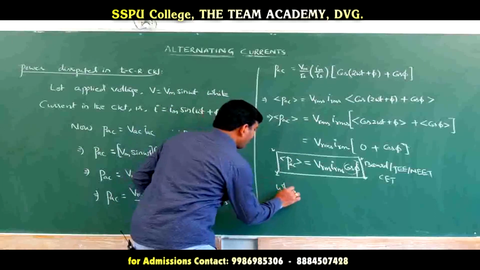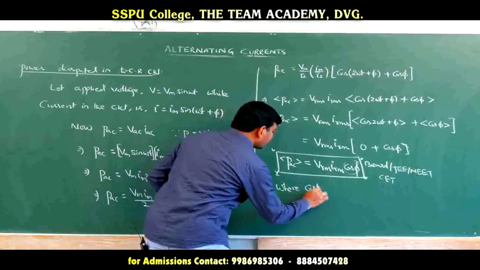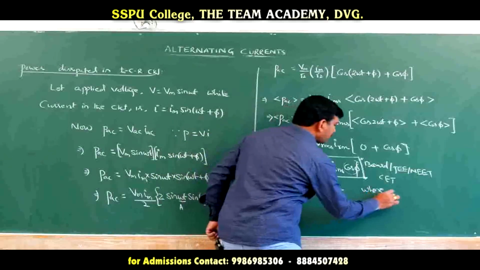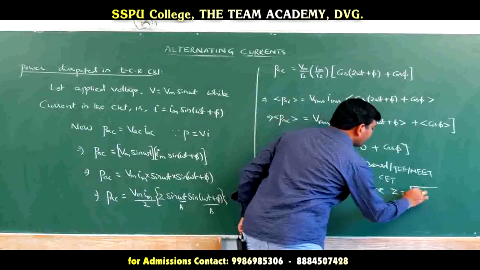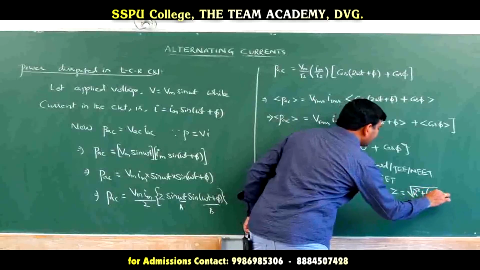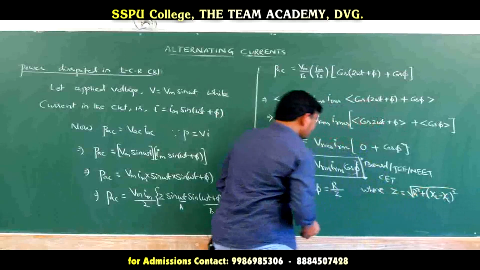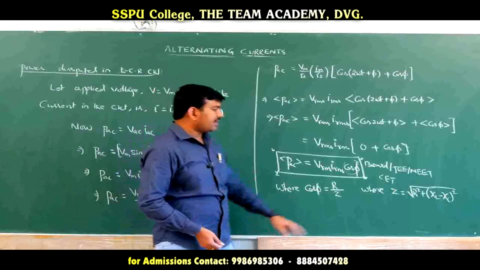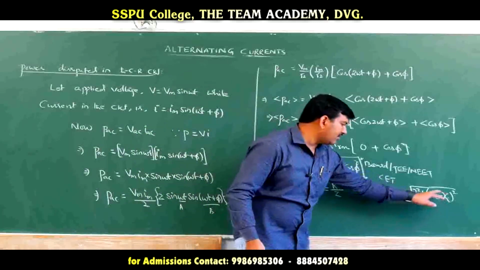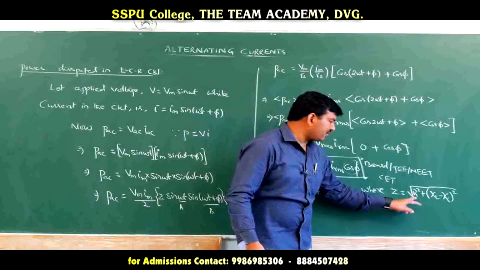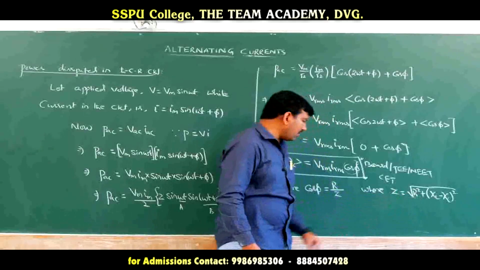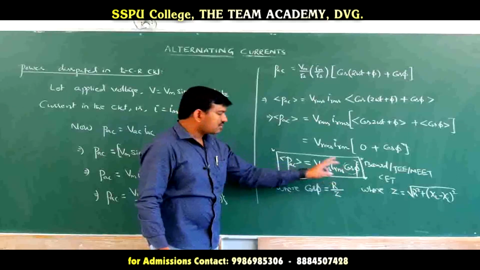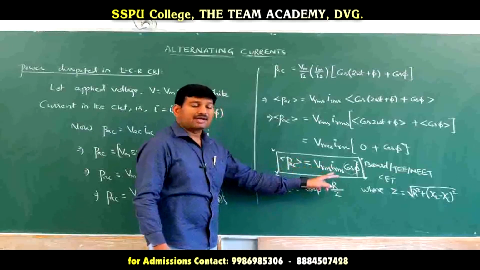Already we discussed that power factor cos phi is equal to R by Z, where Z is equal to square root of R square plus (chi L minus chi C) whole square. Yes or no? When the LCR series circuit is at resonance, chi L is equal to chi C, so this term becomes 0 and only R square is there. Therefore, the square root of R square is R, so Z is equal to R. Z equal to R means cos phi is equal to 1, that means the maximum value. So power dissipated is maximum at resonance.